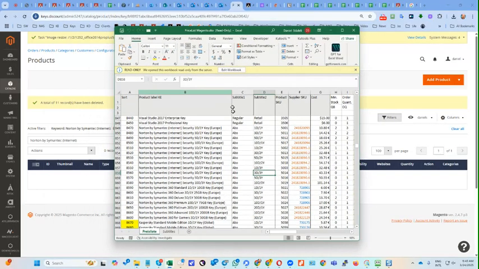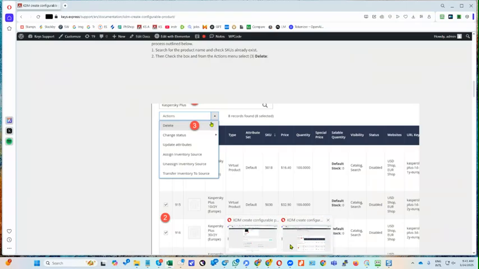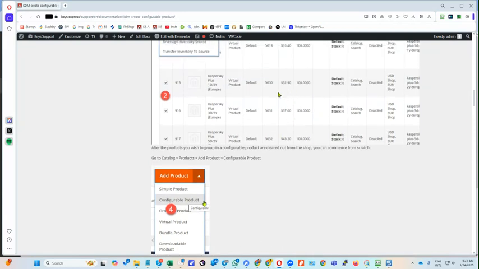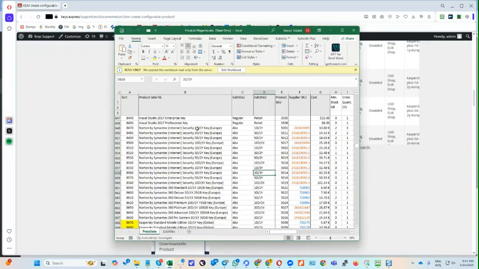Now go back. After the products you wish to group in a configurable product are cleaned out from the shop, and I can tell you why we have those, because we imported the price list. So basically this got imported, but it was never activated. It was still disabled because they were not finished on the pricing. So that's one of the reasons we have that. Yeah, and we had that in the shop. So just